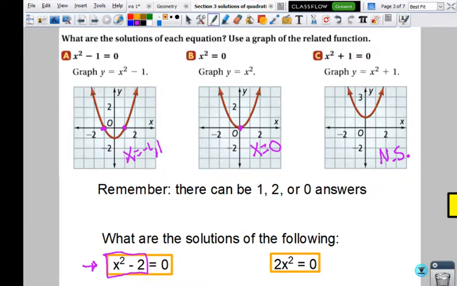Looks like x squared minus 2. Yep. So where does it cross the x-axis? Plug in those dots. So the negative always becomes a